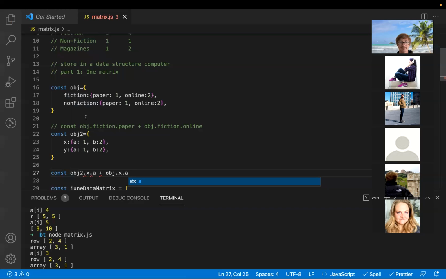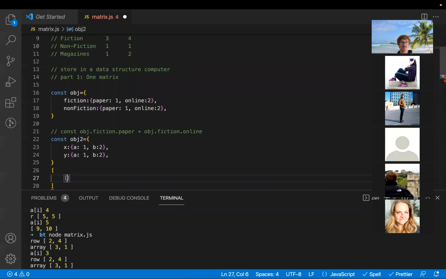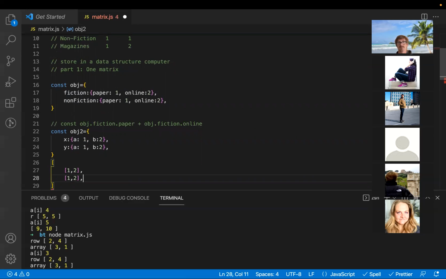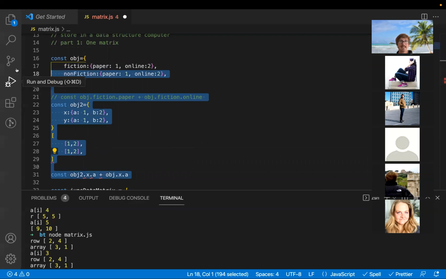This in reality is, once again, something I could represent as just a 2x2 matrix. I don't really care about the key values. But if I do it as an object, then I'm going to have to go in and create a new function to come up with the name. So what I'm getting at here is